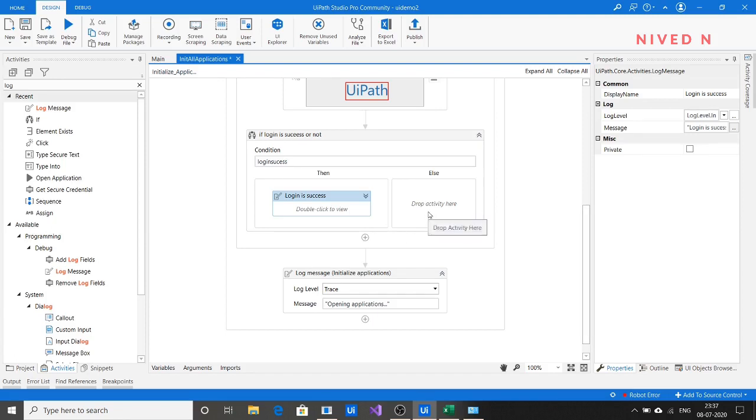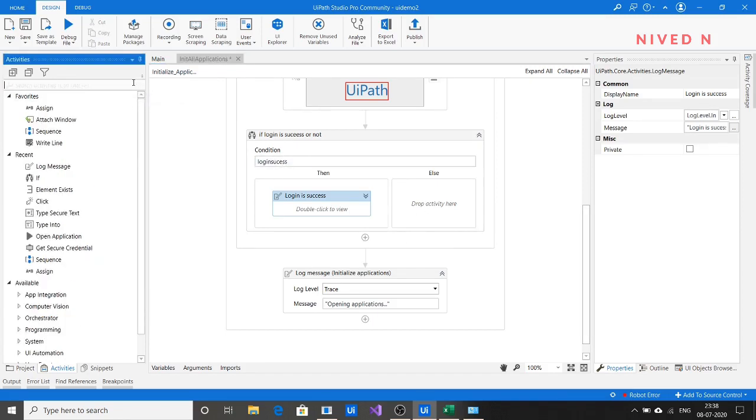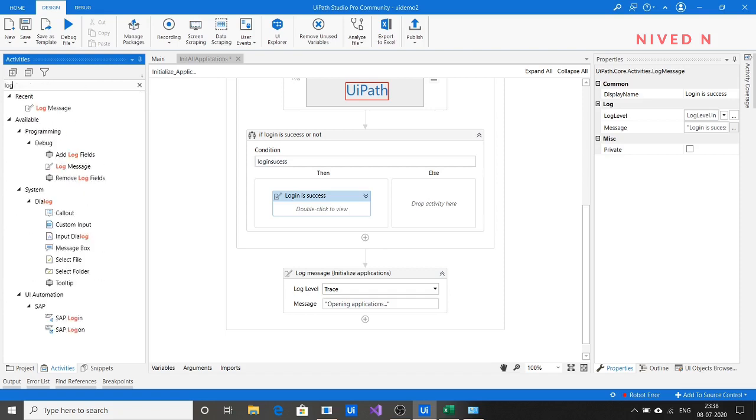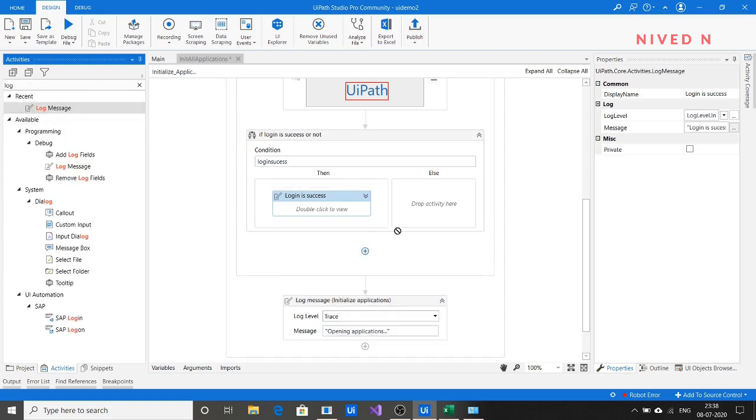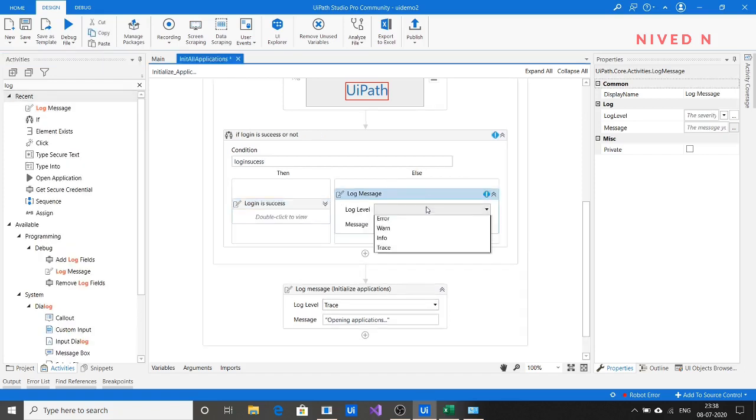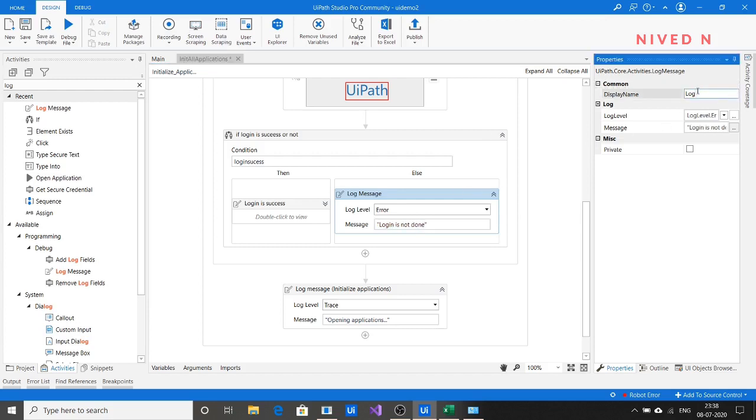Let's use a log message again here and show an error: login is not done. Give it the name login failed.